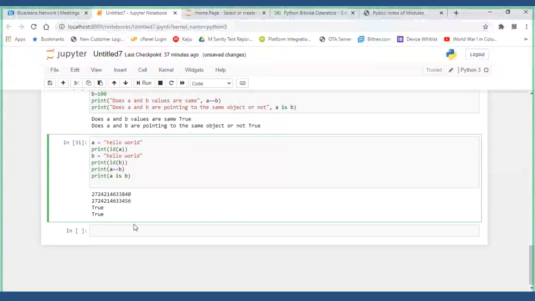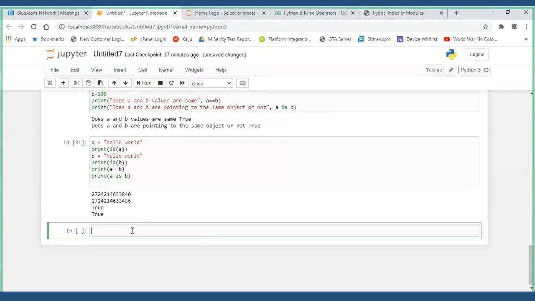Slowly we are getting into the program, the mostly used things. S is equal to hello world. What you have seen some time before is the identity operator, which checks ID related values: is and is not.